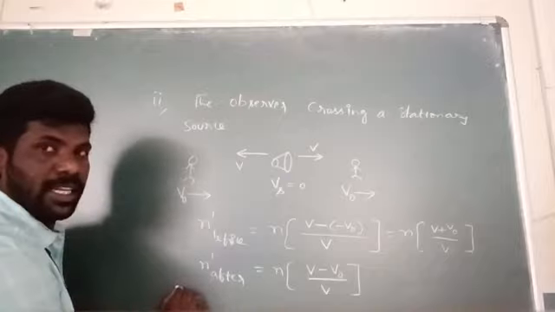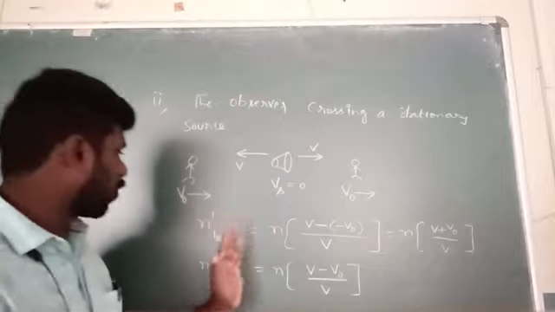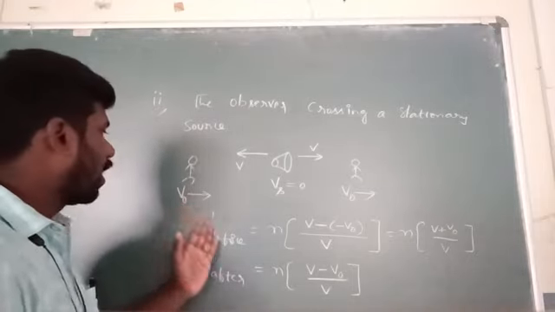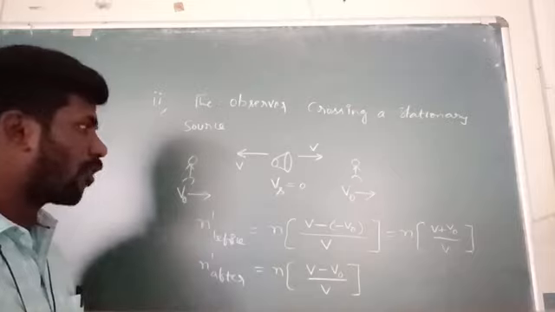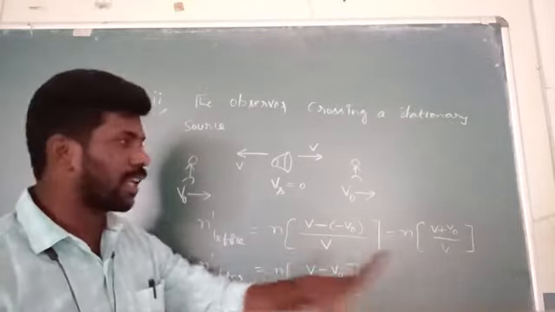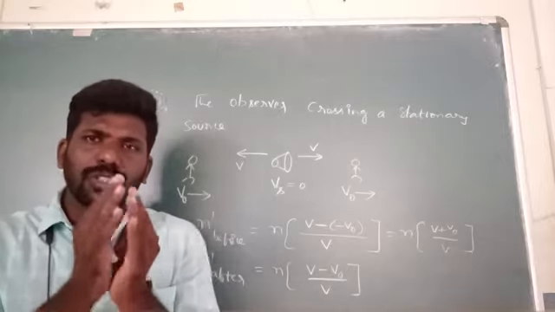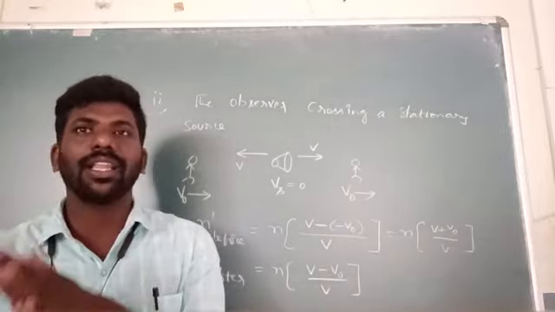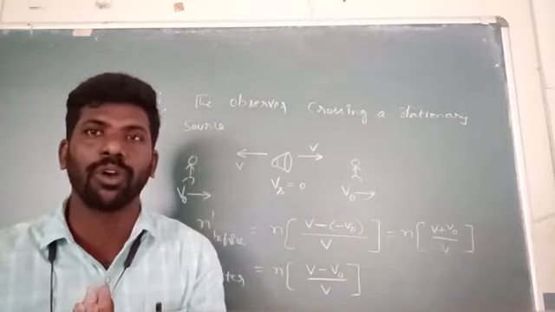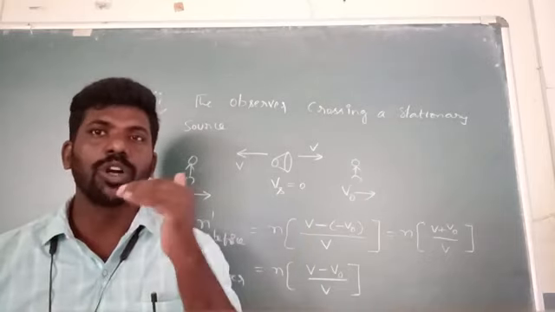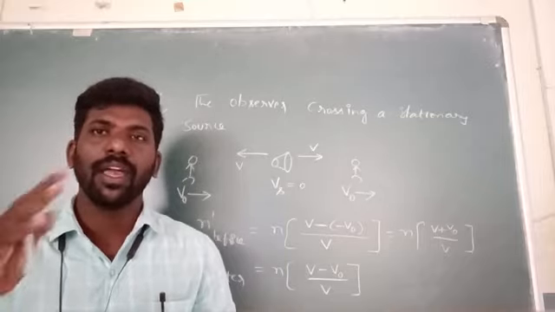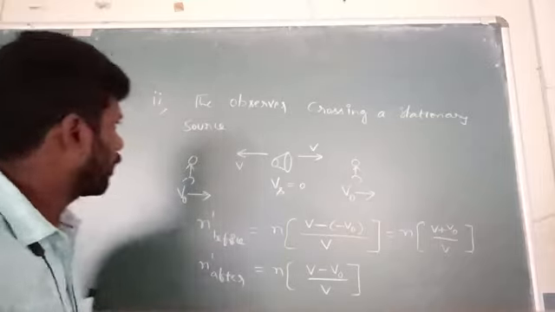Coming to the change in apparent frequency, this is the condition for before and after. The change in apparent frequency means the difference between the apparent frequency before and the apparent frequency after. In this condition also we discussed which is greater, either the source towards the observer or the observer towards the source. The apparent frequency is greater for the towards condition, and lesser for the away condition. Towards means greater frequency, away means lesser frequency.